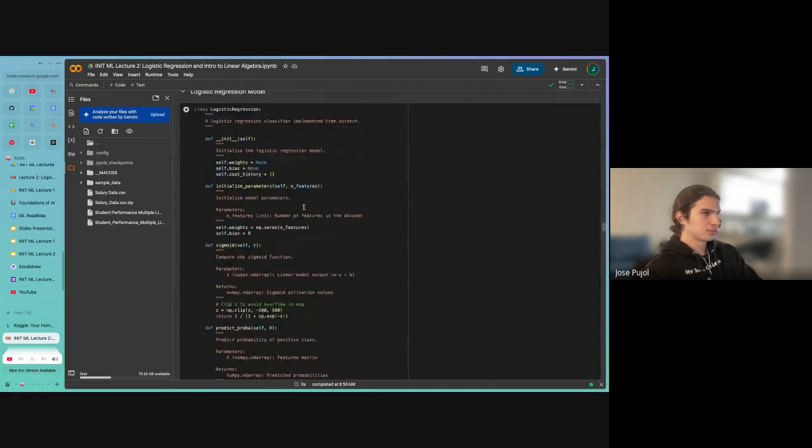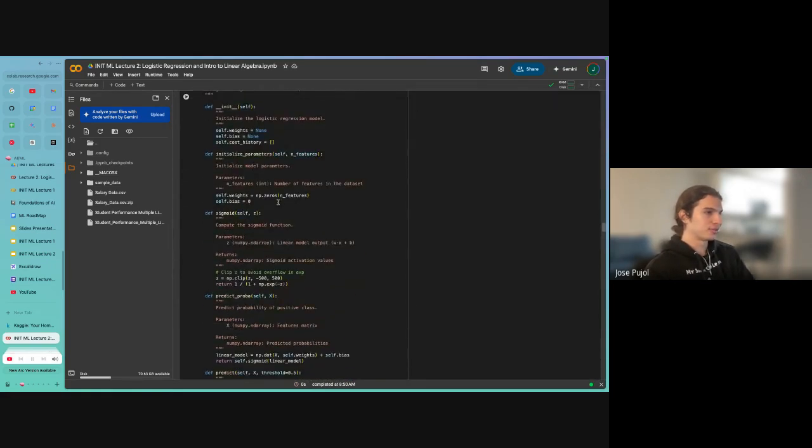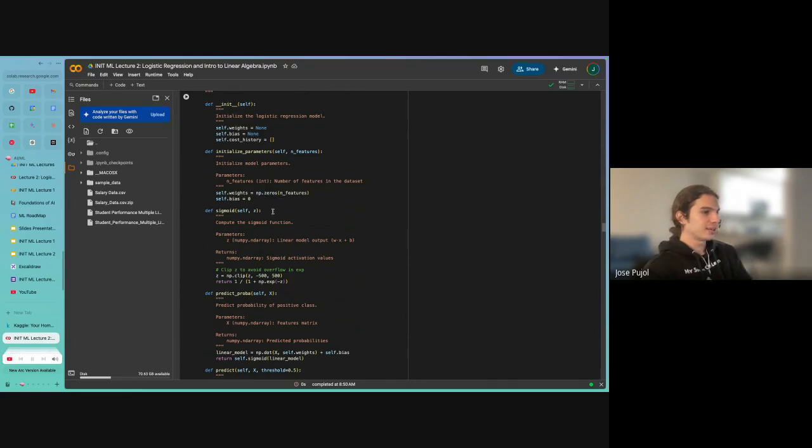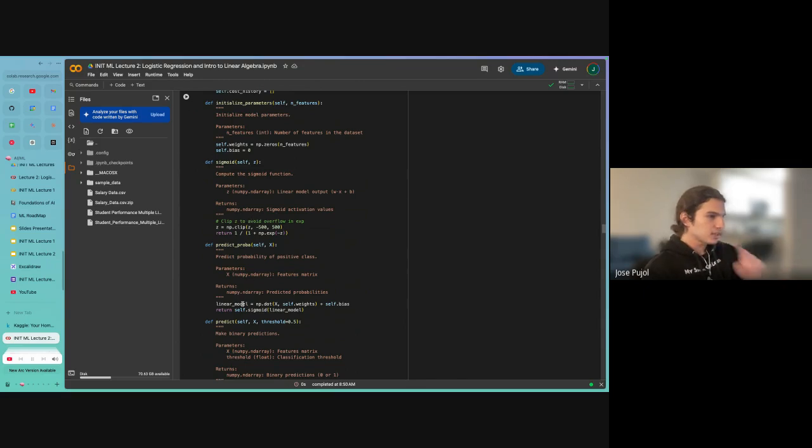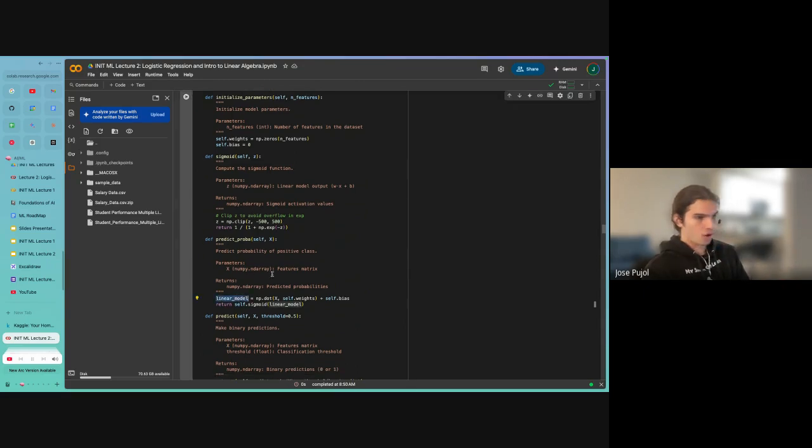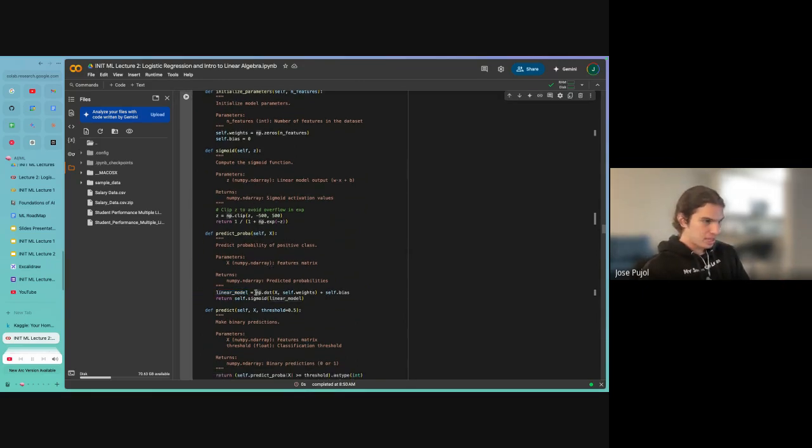And then there's also some more mathematically intuitive things behind it. The same thing with the sigmoid function here: when you predict, you see how you have this linear model, which is just the np.dots. And then it's the same thing as I had up there, which is you have your training example and then the weights, and then you add the bias.